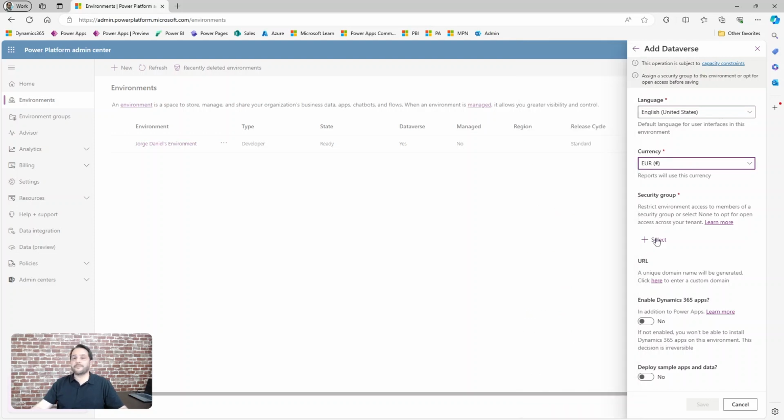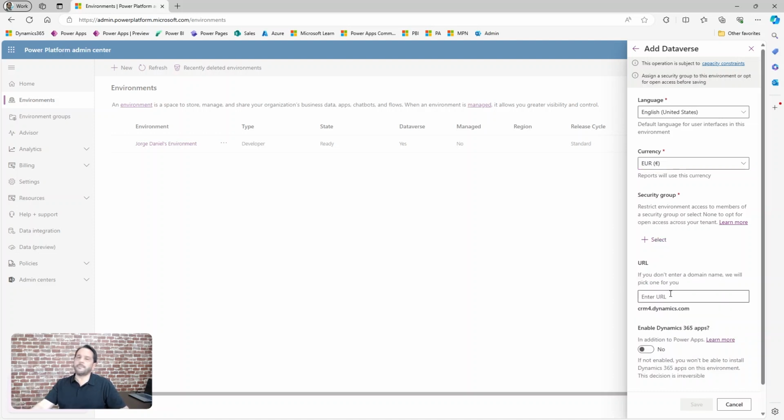Next up, we have security groups. Now, consider this a best practice. Assign a security group to your environment and then add users to that security group so they gain access to your environment. Let's say you're rolling out Dynamics 365. Create a group called CRM and then assign users to it. Moving on, you can customize your